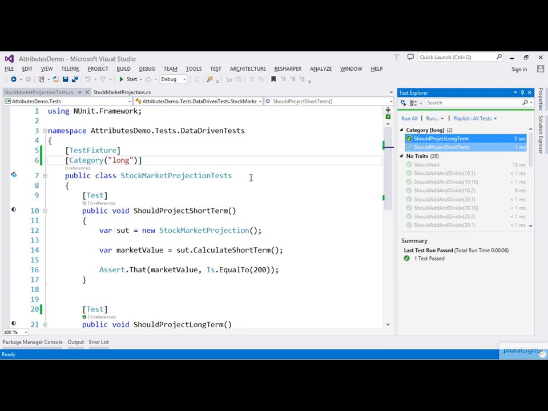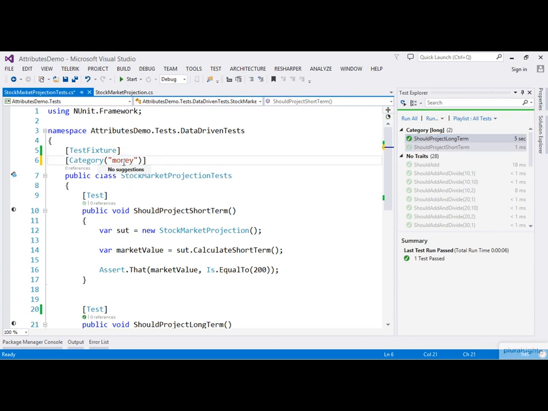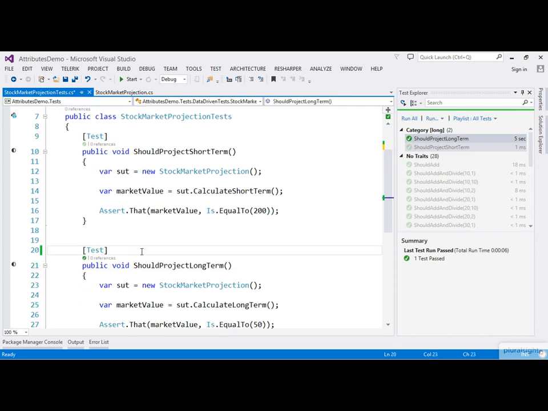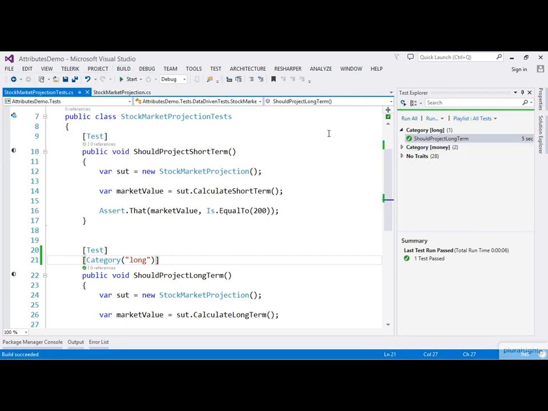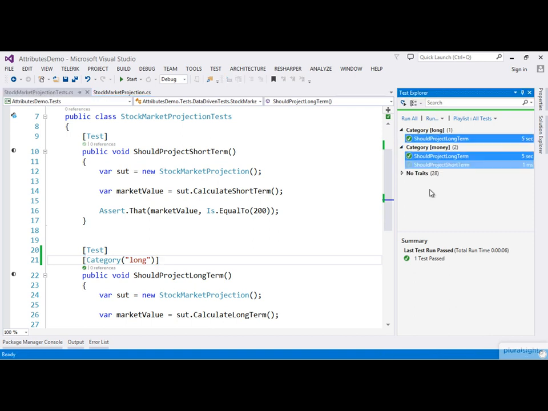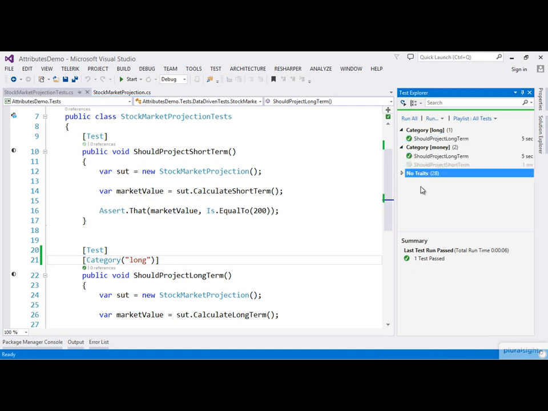We can also use multiple category attributes, so let's change this to a category called money to indicate that the tests are to do with some kind of monetary value. And we can go and add the category long back to our should project long-term test here. And if we just build, we can now see that we've got two categories in addition to the no categories